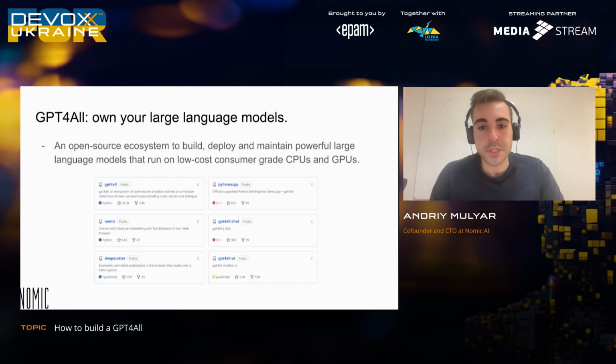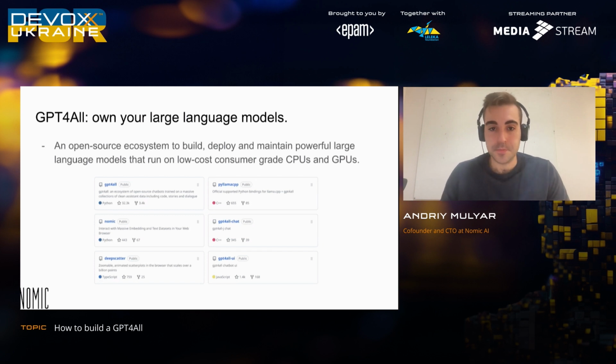So GPT4All was a project that I had started in early March at Nomic, and the whole idea behind it was let's try to be a sort of foil to what's happening in the space. In early March of 2023, if you wanted to interact with a ChatGPT-like system, you needed to go through OpenAI servers to do it. And so what we did is we created a demonstration that the world does not have to be this way. We trained a 7 billion parameter large language model distilled from OpenAI's ChatGPT model. We gathered examples of input and output from OpenAI's ChatGPT model. And we open sourced it.